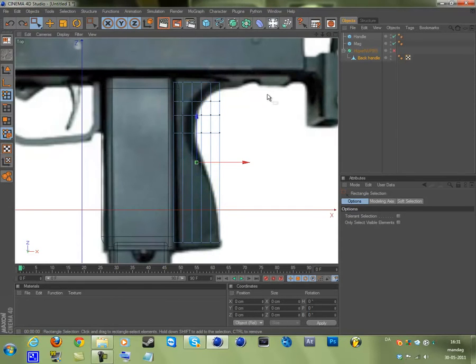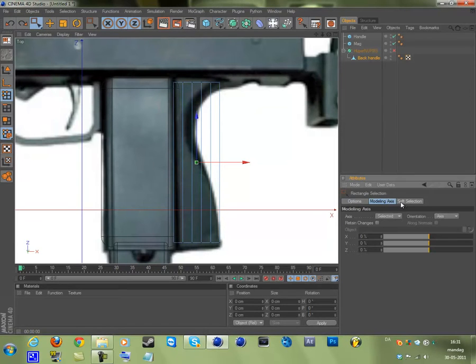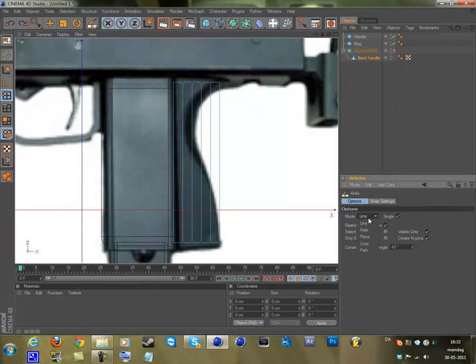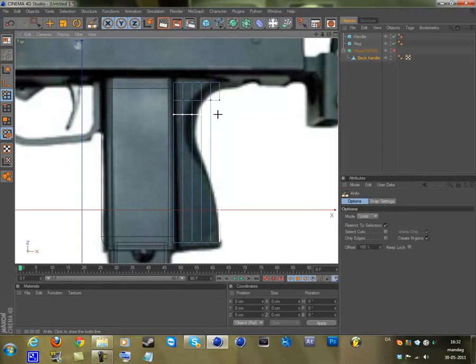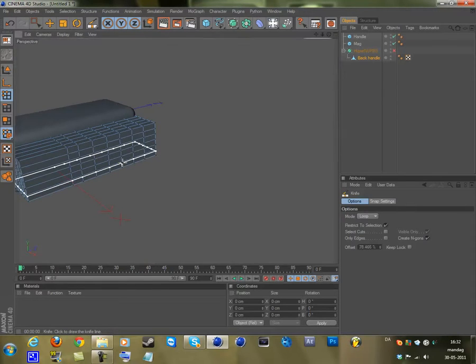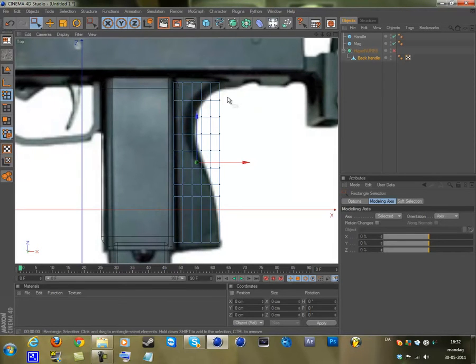So just go back to the knife, and make it loop. Then you make some cuts here, which is much easier and faster now. You make cuts all around this one. Then you go into your rectangle selection, select these dots and pull them in so they fit.